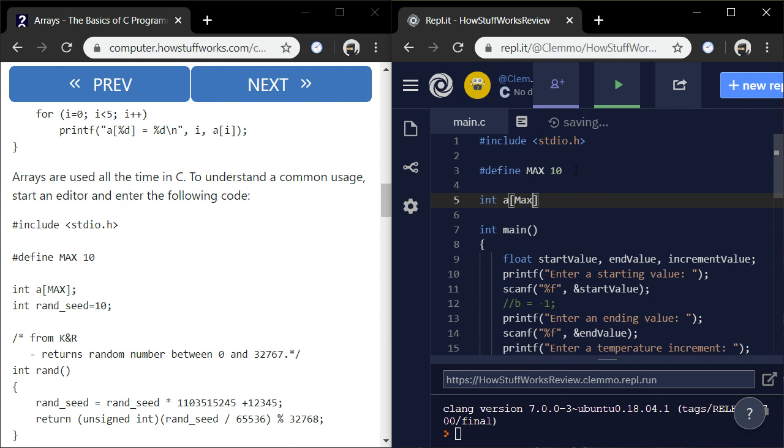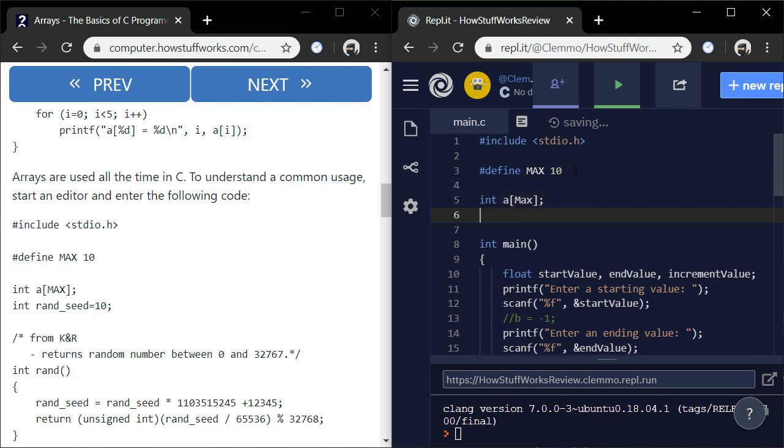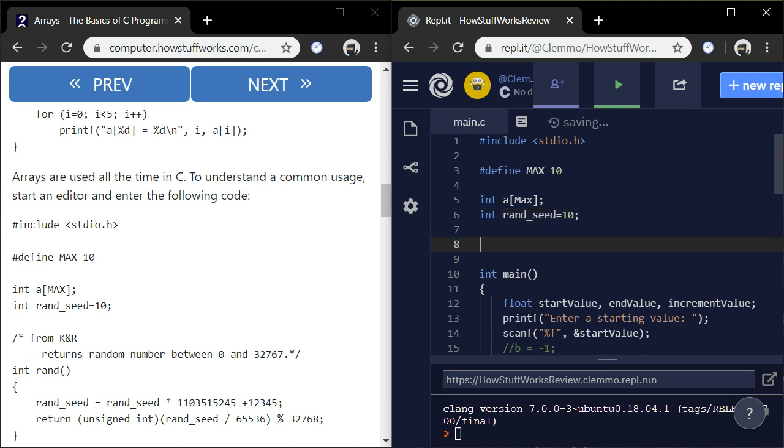So we have an integer, unhelpfully named a, and then an index value for MAX. Integer ranseed, which sounds like some random seeds, and we're setting that equal to 10.